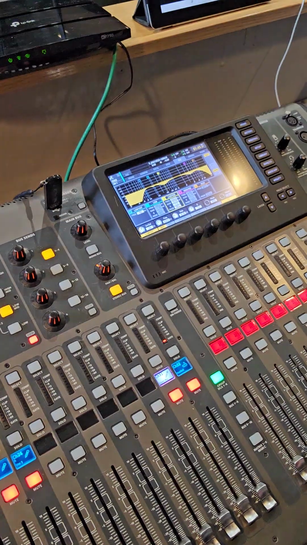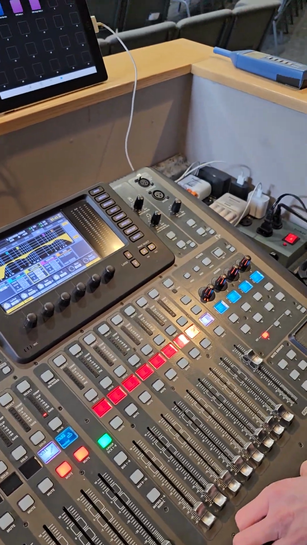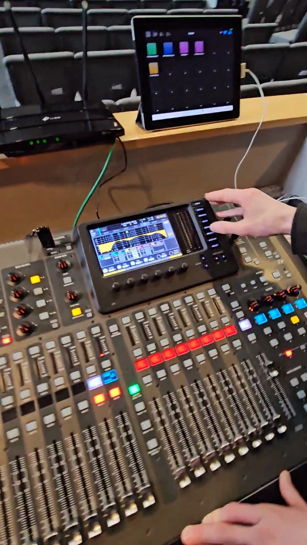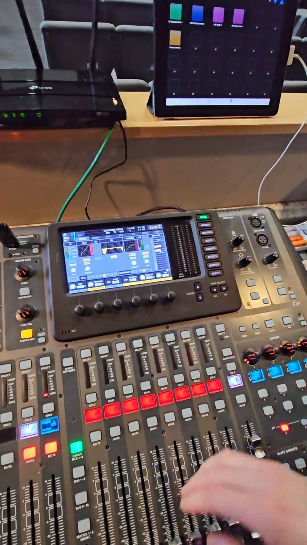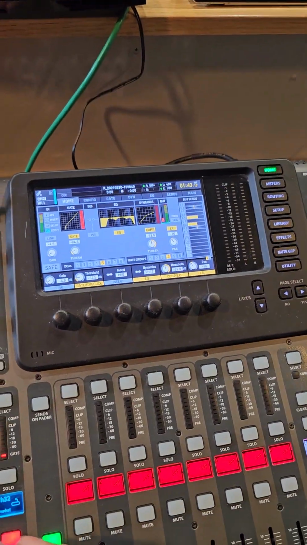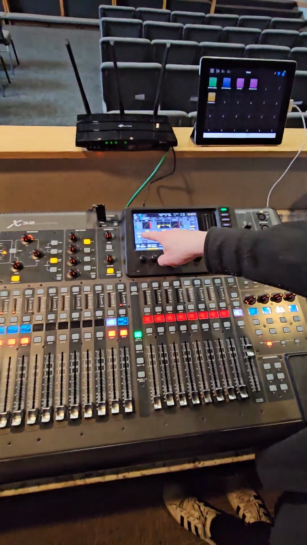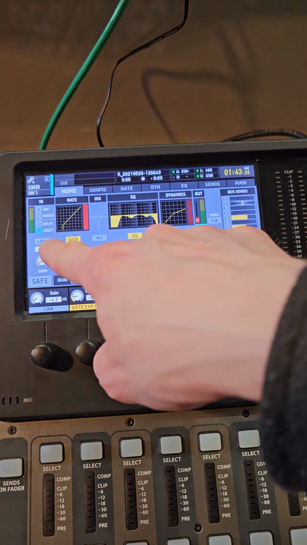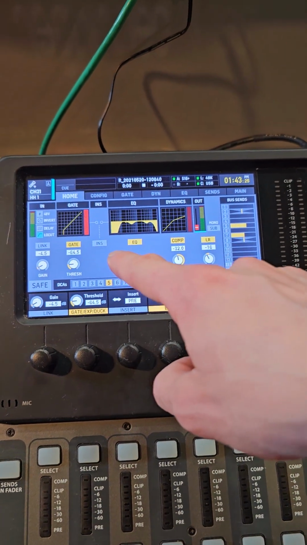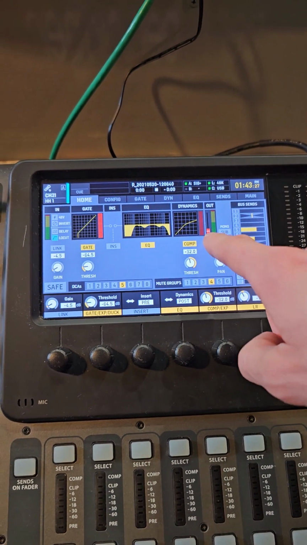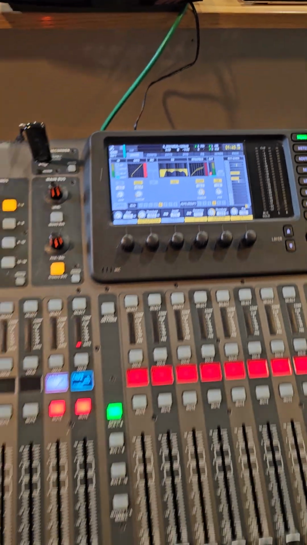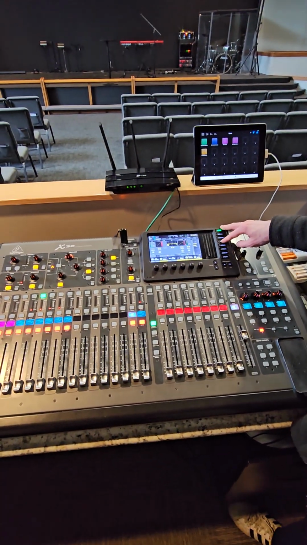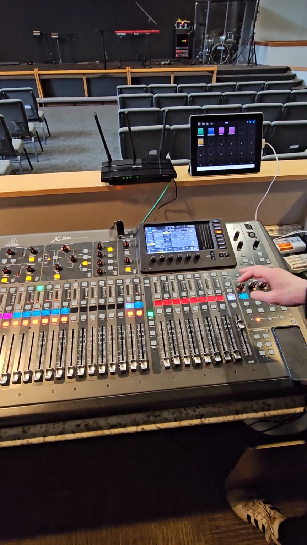One of the last things that I would like to touch on is over here at this area, we have our home button. So for whatever instrument you have selected, you can see just a basic overview of all the different things we just talked about, like our gain, a gate, the compressor, equalizer, and then where it's going out and stuff. And so home is really helpful. As far as setup goes, that can be where you can adjust